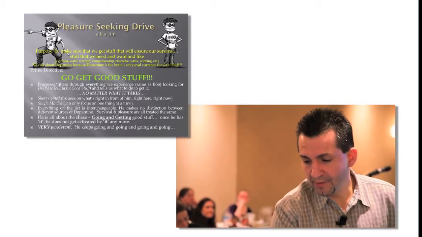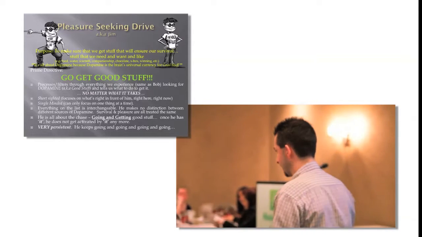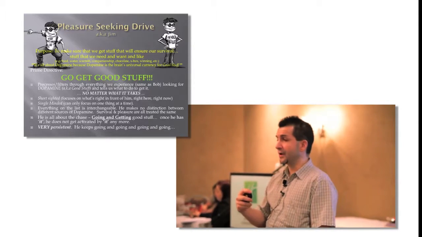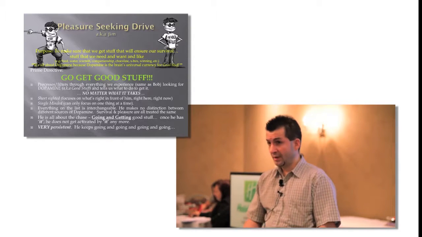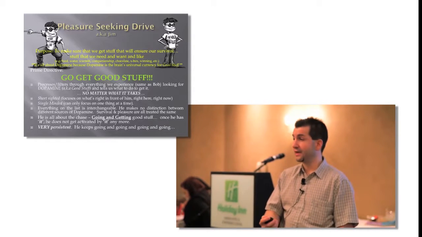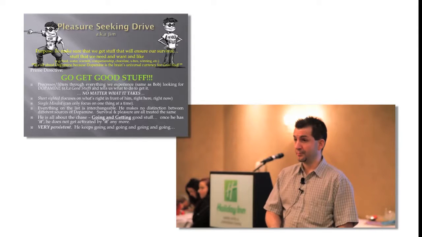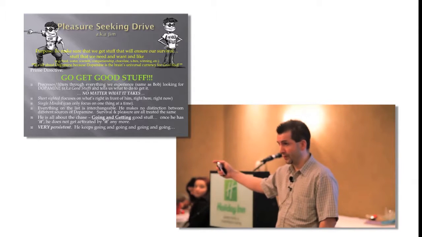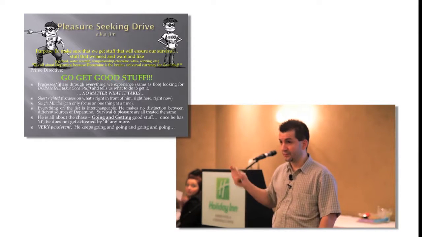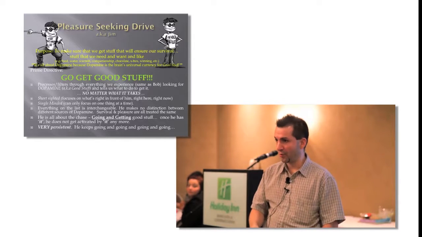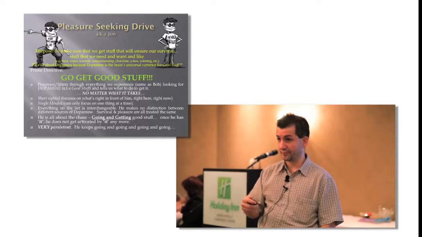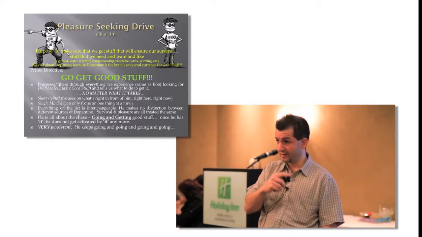It has to be something that is going to be soon. It has to be something that is attainable within a certain time period. Because remember, this neural network is about energy acquisition and conservation. As human beings, we burn through calories just existing. Every minute of every day that goes by, we use up energy. So if something is too far down the road, but is the payoff energy-wise, it doesn't matter to our brains because we need the energy today. We need it now. So the more immediate the gratification, the more immediate he's going to get that payoff of dopamine, the more relevant and the easier he's going to notice it.